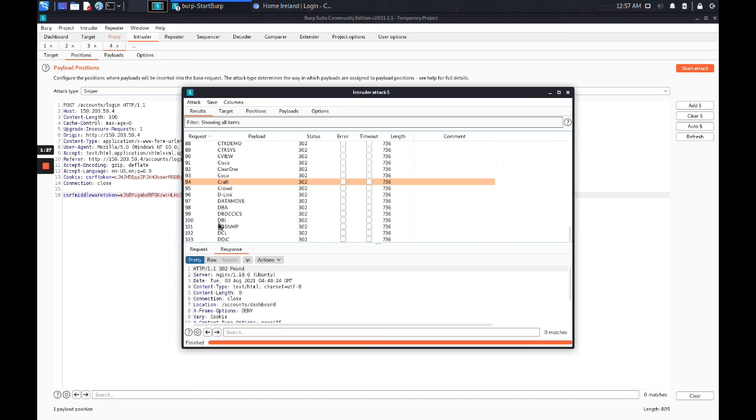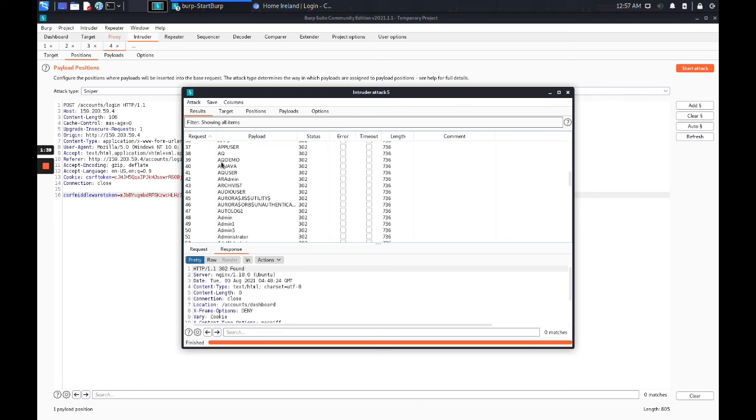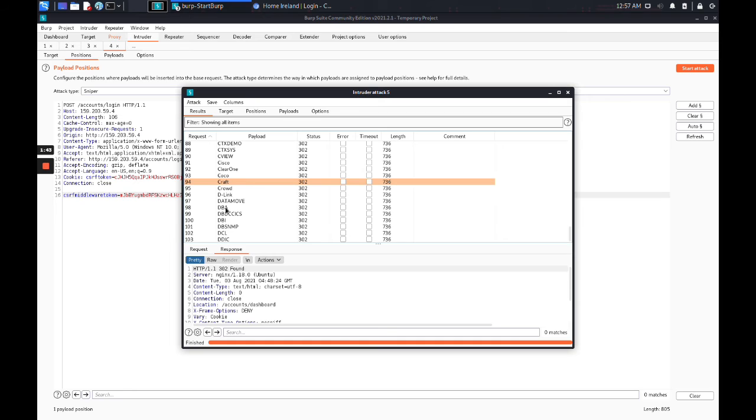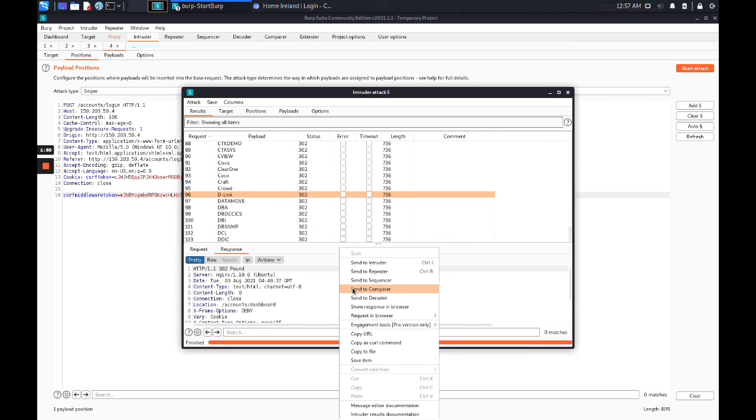I'm opening any random pages. See, all those accounts which we made by brute forcing, or by trying to cause the buffer overflow through brute forcing on the registration page, we use those same accounts to open the login page. Hence the brute force is successful. We open a random payload and look at the request and the response we get. We want to see the response in the browser in the original session.